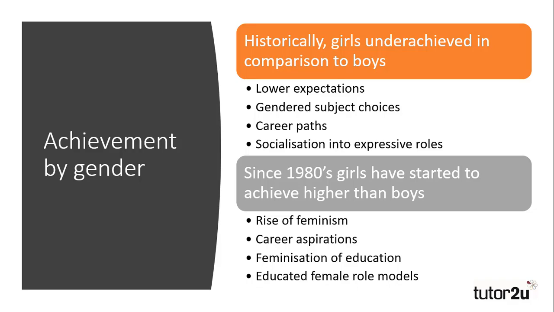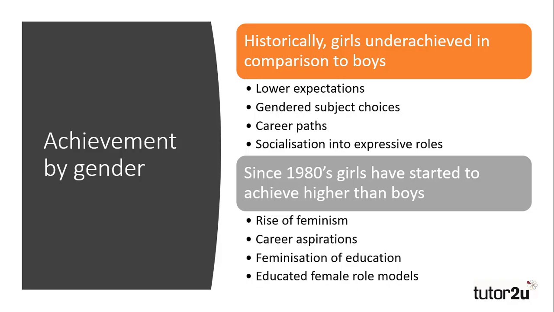Prior to the 1980s, girls' achievement was seen as an issue in the education system. Not much was expected of girls in the way of achievement, with general assumptions that many girls would go on to leave school and go into the traditional expressive role. The first part of Sue Sharp's study highlights this, with girls having aspirations to marry and have children. Those girls that did go into employment would most likely end up working in the lower paid sectors such as retail or administration, and their subject choices, although the use of choice can be questioned, reflect this.